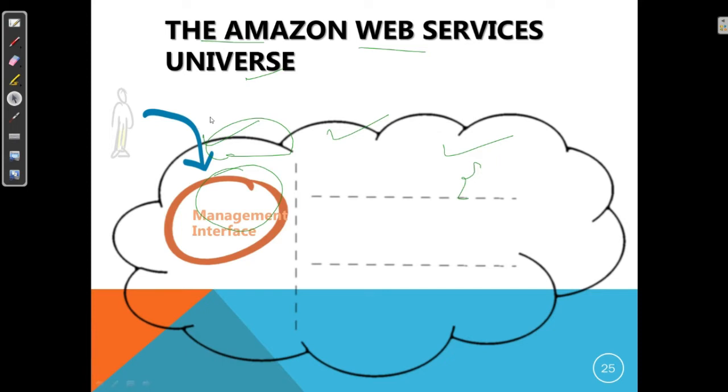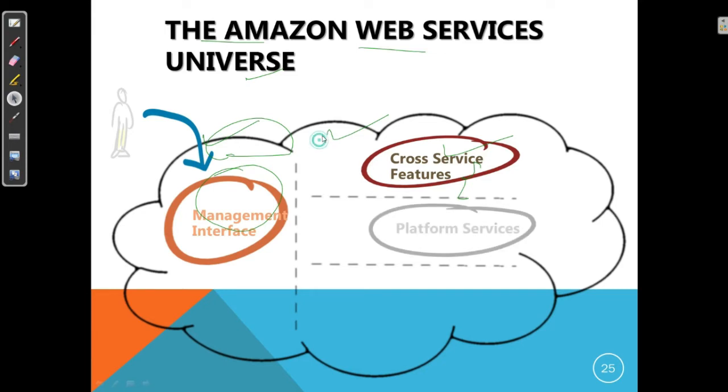So this is the Amazon Web Services universe, and we know that Amazon is also providing these services in the form of three models like IaaS, PaaS, and SaaS. First, have a look at how the Amazon services can be utilized. You need to create an Amazon account, and with that you can make use of cross service features that is basically equivalent to SaaS. You can say this is a SaaS offering from AWS. Then it also offers platform services and the infrastructure services. So these are the three services that are offered by Amazon.